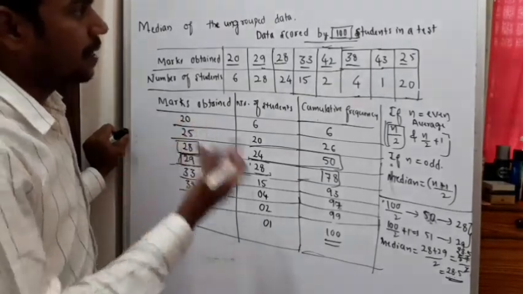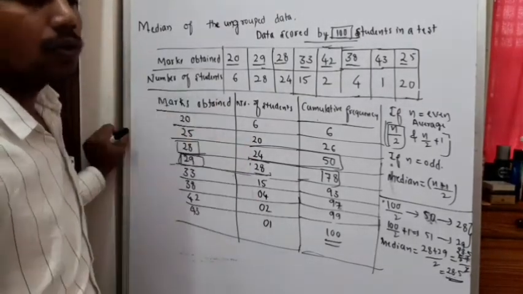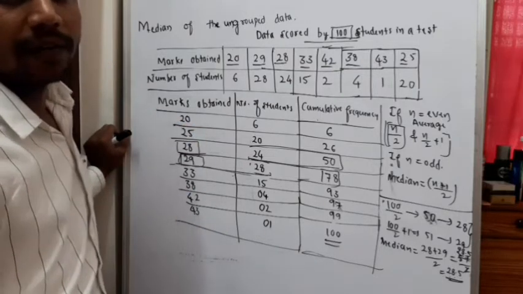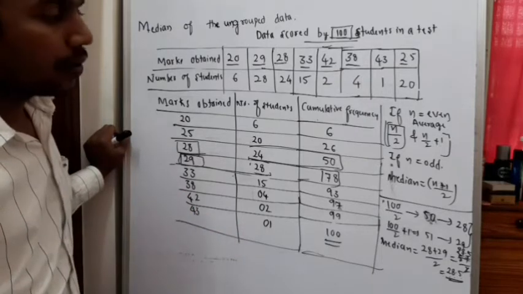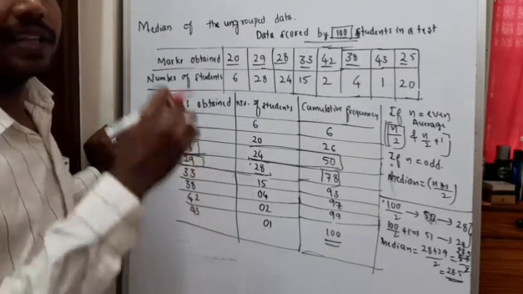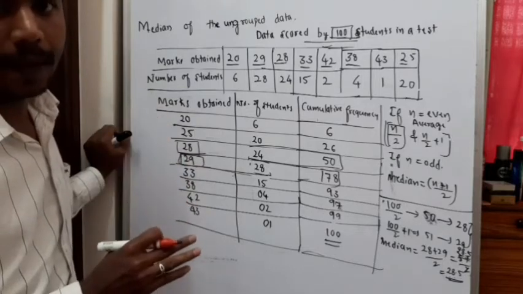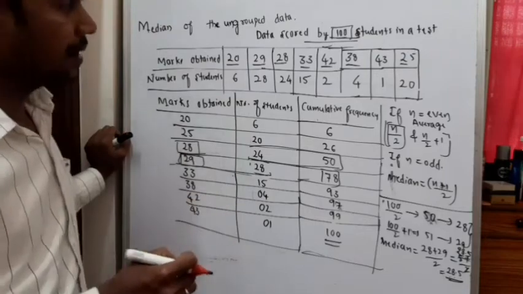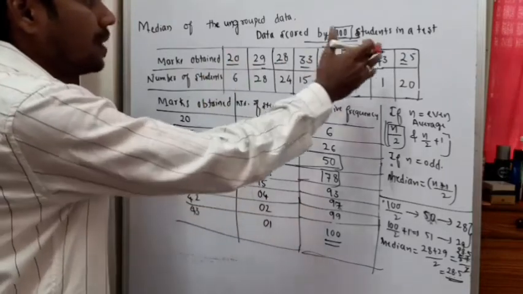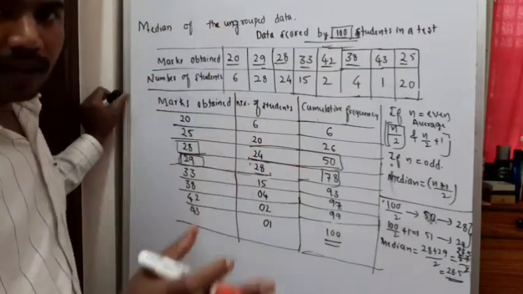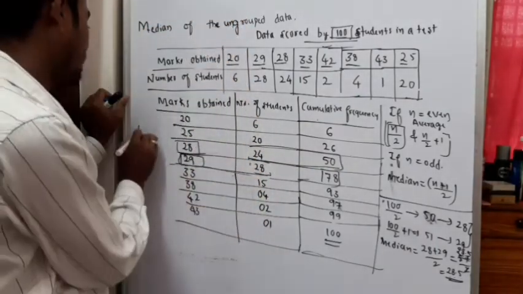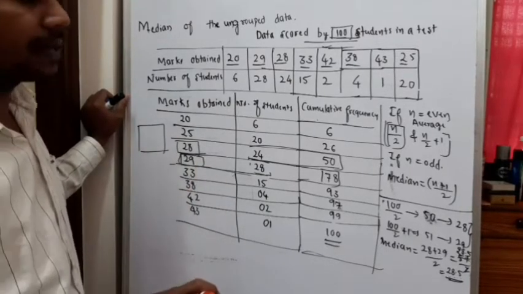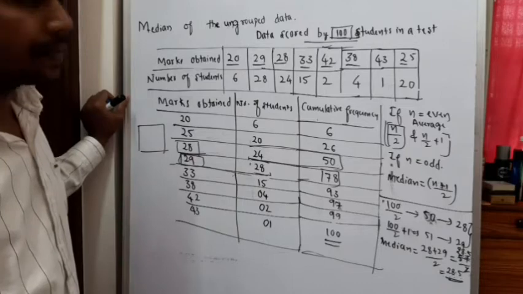Okay, so please note this down. Later we'll go through the grouped data: how we'll find the cumulative frequency over there and what is the formula to find the median in case of grouped data. Why do we use grouped data? To make our analysis easy, because if it is grouped, we can consolidate the data and within a particular sheet we can obtain the entire thing and analyze the data. For analysis it will become easy if it is grouped data. Okay, so please note this down.